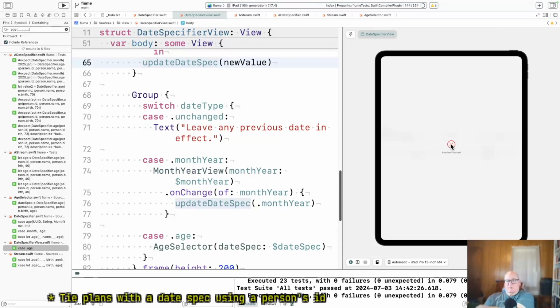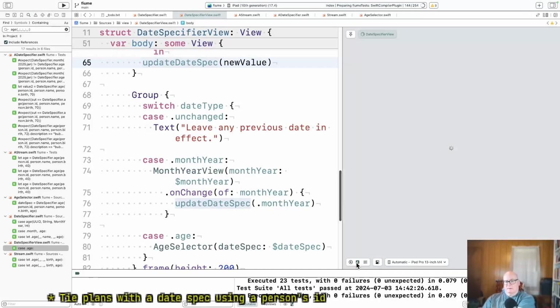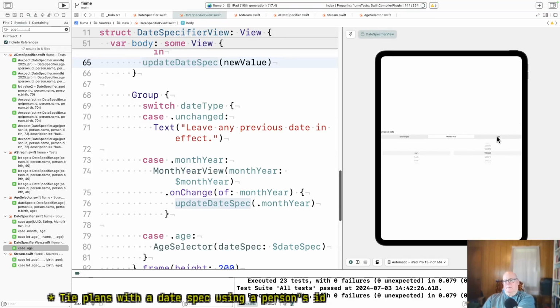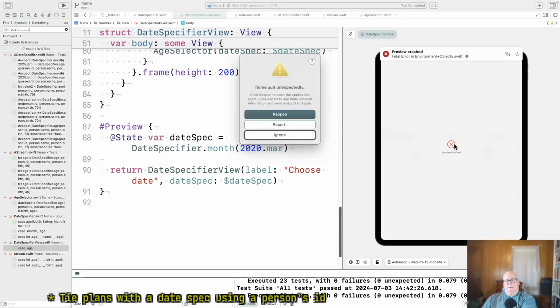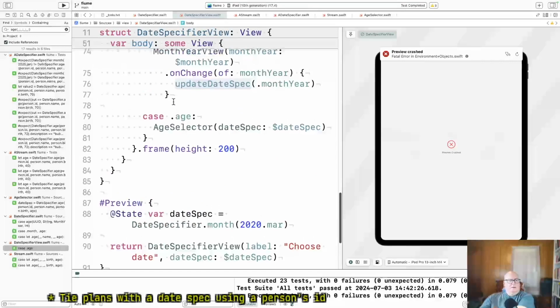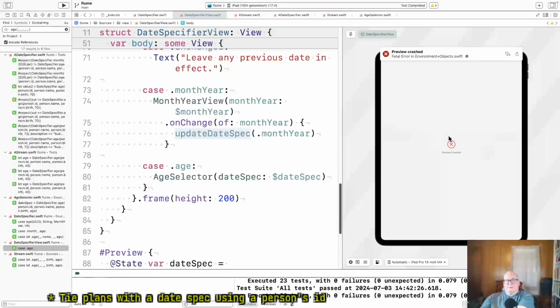How do I get this to rerun? Choose date. Age crashes. Wow. Okay, so this is the date specifier view.